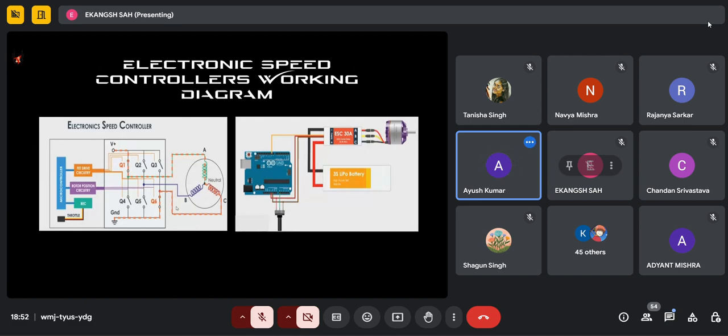This is the structure diagram of the electronic speed controller. Q1, Q2, Q3, Q4, Q5, Q6 are the 6 switches, which are the FETs, or field effect transistors. Then the microcontroller is the brain of this ESC, which gives commands when and which switch to turn on and when to turn off. Then BEC denotes the battery eliminator circuit. The rotor position circuitry is used to detect the position of the rotor of the motor, and the FET drive circuitry is used to trigger the FET in order to pave the path of